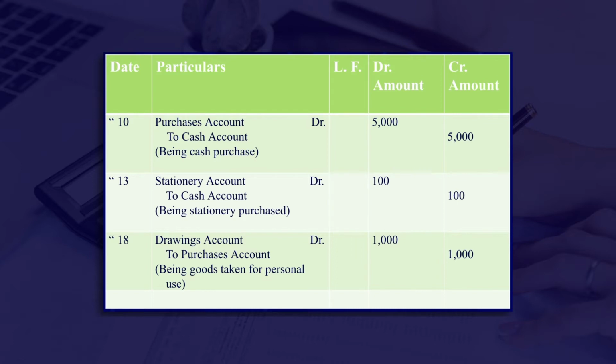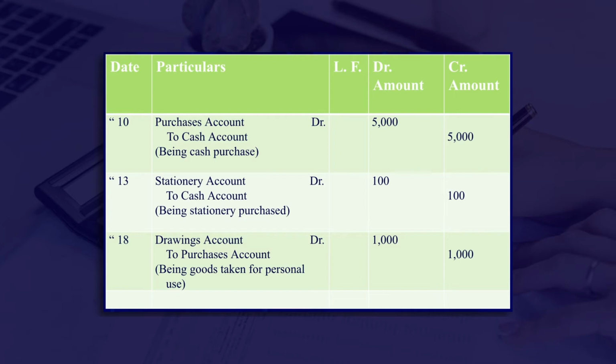personal account, and as per the rationale of the personal account, debit the receiver. So here the proprietor is the receiver, therefore his account must be debited, therefore we will debit the drawing account, debit to purchases, and here we have credited the purchases account because the goods are reduced by rupees 1,000. So we can see the journal entry, drawing account debit to purchases 1,000 rupees.